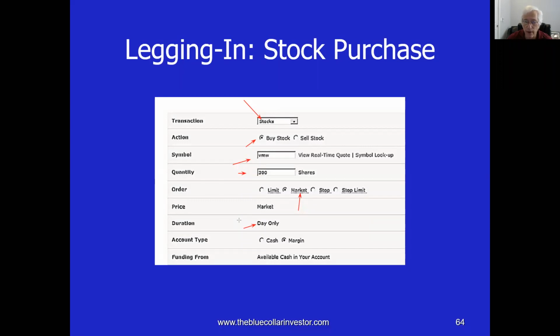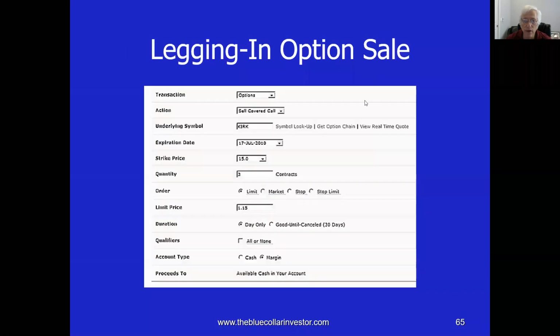it's a day-only trade. You could trade in a cash account, which is my preference, or margin account. If you're doing a cash account, it would apply to IRAs. You may have to use a margin account, and then you're ready to go. And then eventually the trade will be executed, and then we're ready to go to the next step, leg 2,